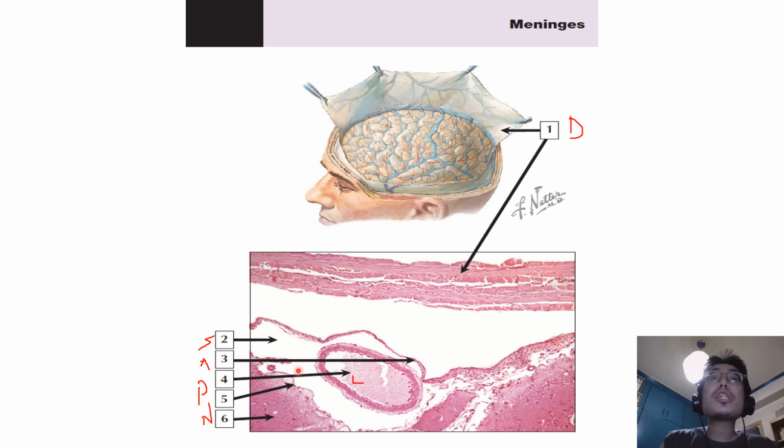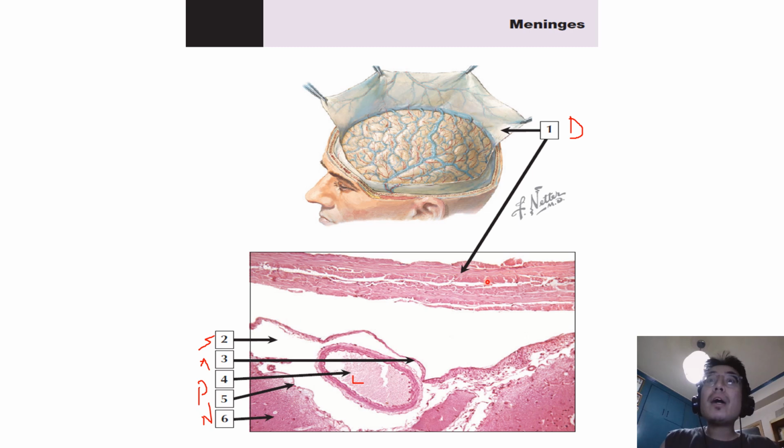The subarachnoid space, which is the space below the arachnoid mater, as the term suggests, is labeled here as number 2. It is filled with CSF or cerebrospinal fluid, and it also contains branches of cerebral arteries and veins. Shown here is a schematic of the dura mater reflected away, as well as the leptomeninges covering the brain of a monkey in the histologic section below.